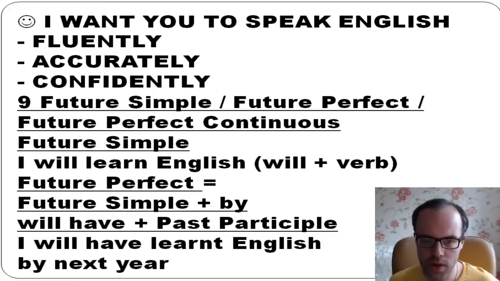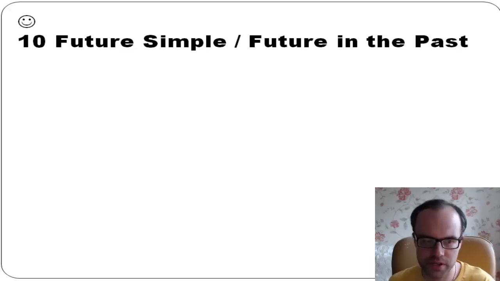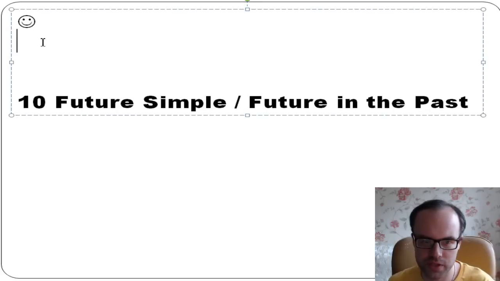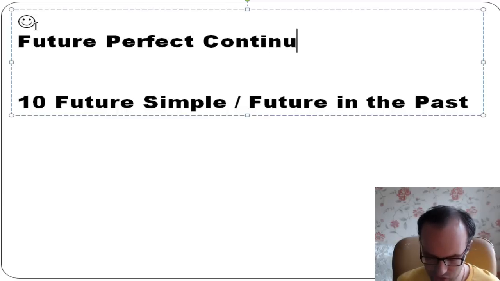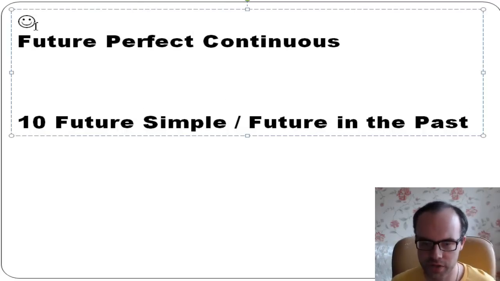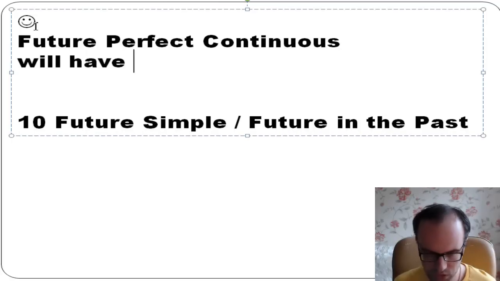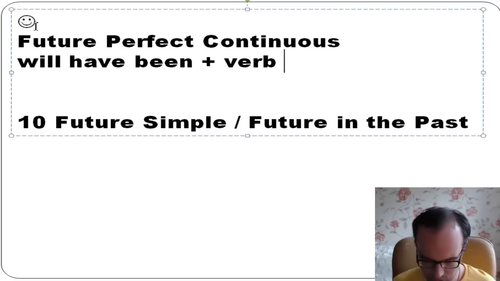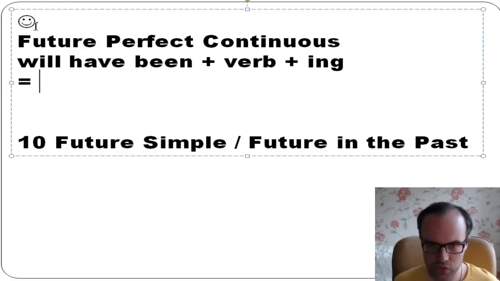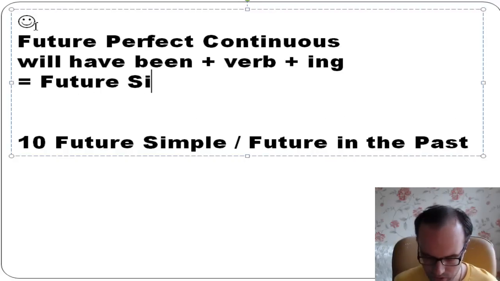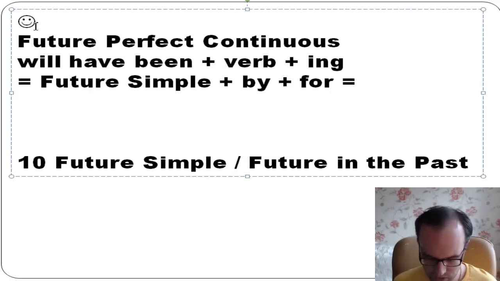And what about future perfect continuous? You know that if you want to say it in future perfect continuous, you need to say will have plus been plus verb plus ing. So what is future perfect continuous? It's future simple, but you also need by and for, or in other words, yeah, you know that I'm good